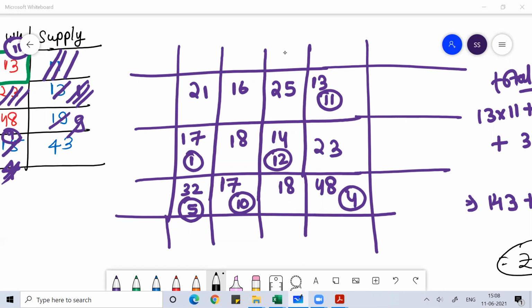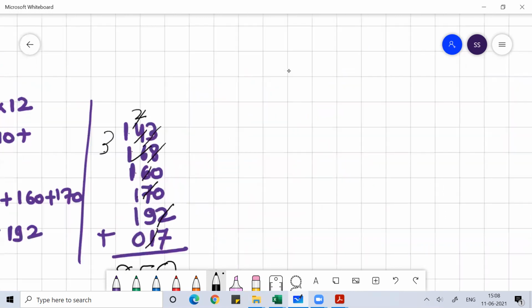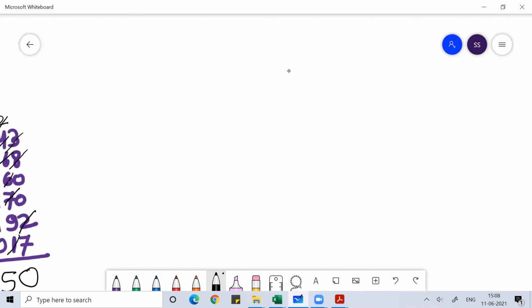Here, this is very easy, guys. I don't think you will have any problem. Nothing is easier than this. Simply 5 marks. We don't have to do anything here to get these 5 marks.